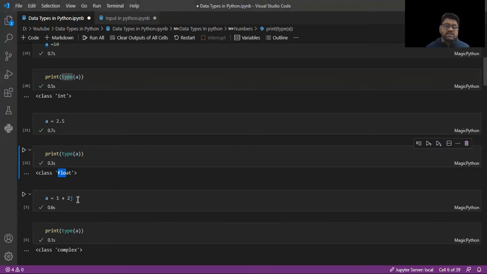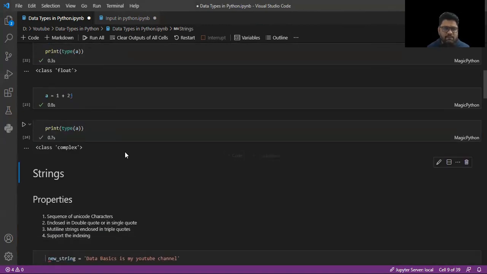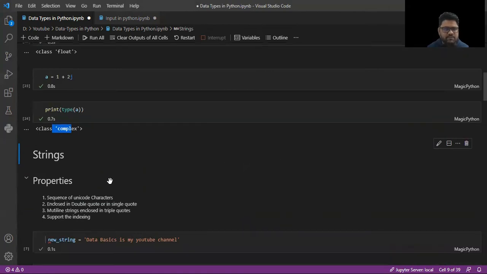You might have seen the complex data type in your 9th or 10th maths. In future we will never use this complex number data type, but it is present in Python. If you want to print the type of that variable, you can use the type method. Here you can see class complex.